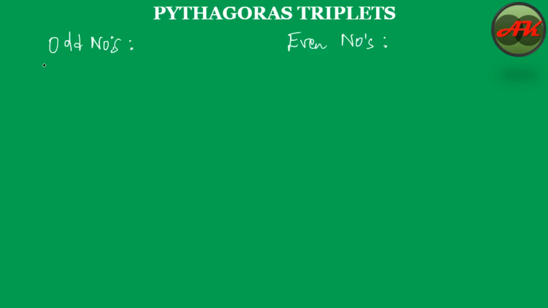We know that we have base, perpendicular and hypotenuse. Here perpendicular, base and hypotenuse. So now let's start with 3 here. So 3, 4, 5. I will tell you how to remember these triplets. 5, 12 and 13,